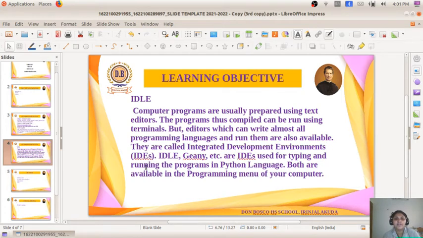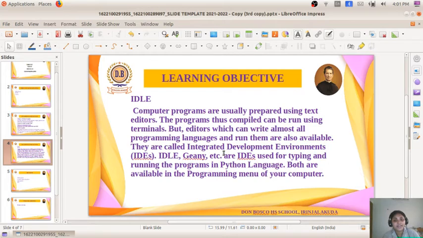Some of the IDEs are IDLE, Genie, etc. You can read this: computer programs are usually prepared using text editors. The programs thus compiled can be run using terminals, but editors in which we can write almost all programming languages and run them are also available. They are called integrated development environments, which help us compile and run different programming languages.